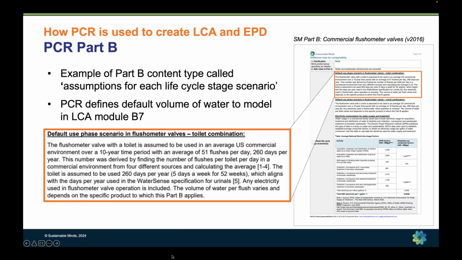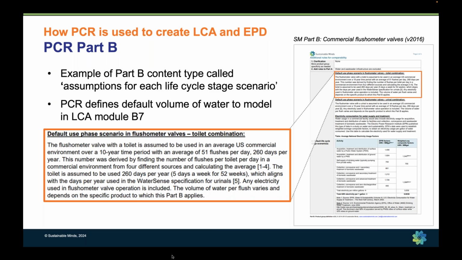So I think the best way to visualize how the PCR is used by practitioners is just by following one actual rule that's prescribed by a PCR, and then seeing how that gets implemented throughout the course of the LCA, and then finally through to the EPD creation. So this is an example of the Sustainable Minds PCR for commercial flushometer valves from 2016.